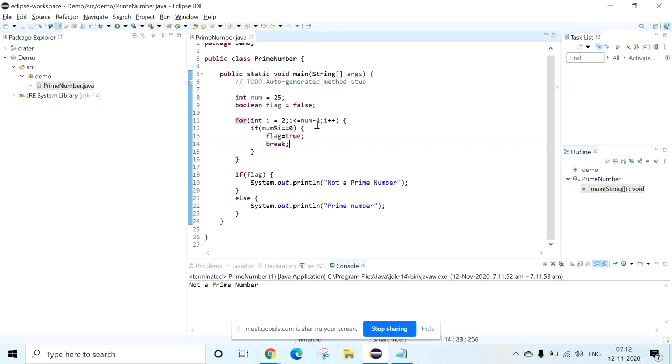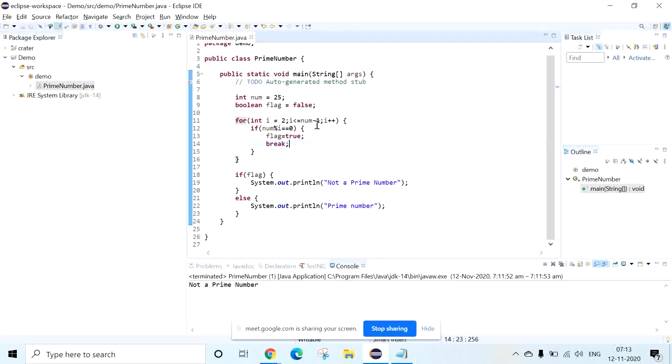You can take the example of 64 now. When you divide 64 by 2, it is divisible, right? Then when you divide by 4, again 64 is divisible by 4. When you divide by 8, again it is divisible. 16 also divides 64. When you take 32, again 32 divides 64, right?